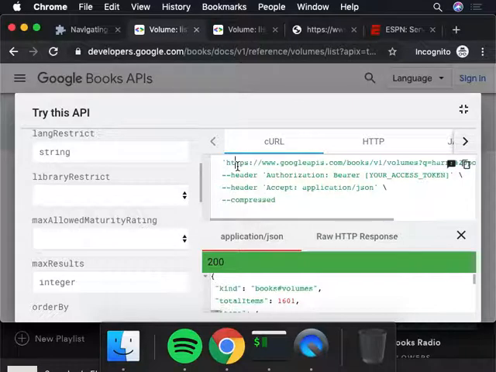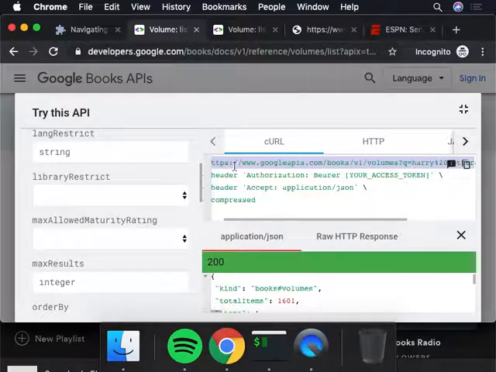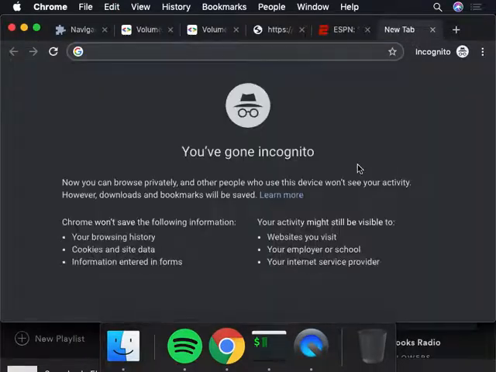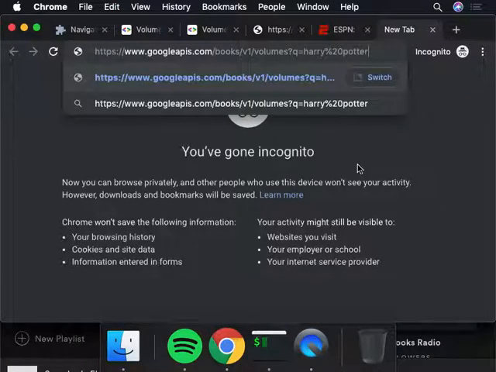The top line says HTTPS, Google APIs, books, volumes, and then it has the name of your book. Afterwards it has an ampersand and the API key. We actually don't need anything after that first ampersand. So I'm going to stop where it says Harry Potter and press Command C to copy that text. Then I'll open a new tab by pressing Command T and paste it in there. This just has the first line up to the word Harry Potter.